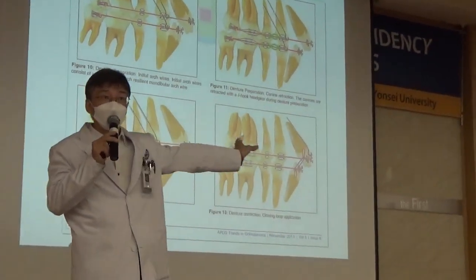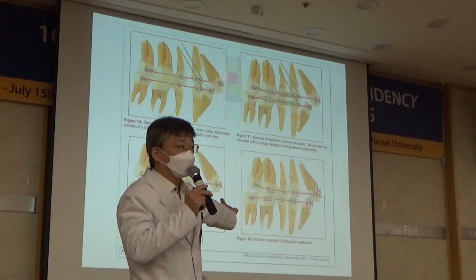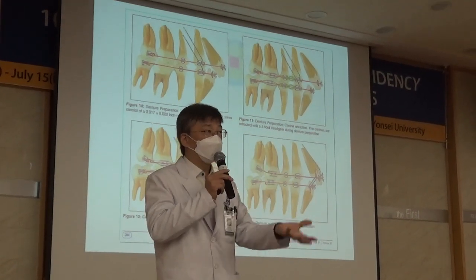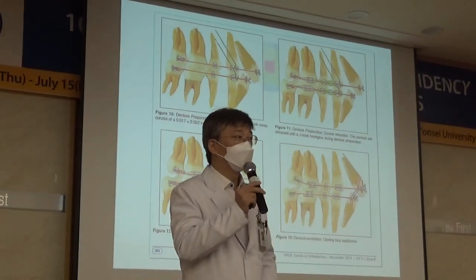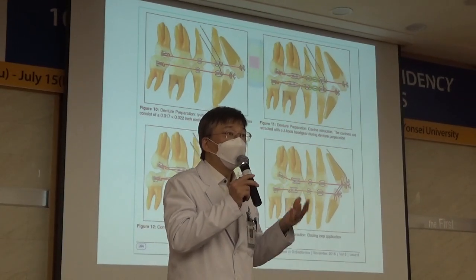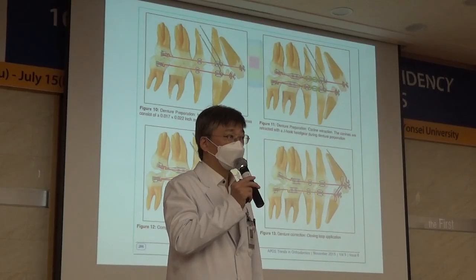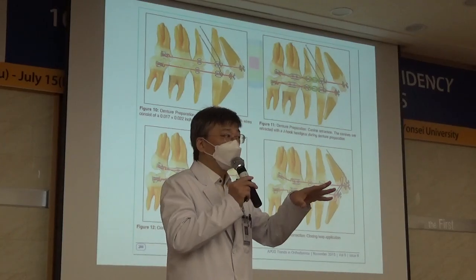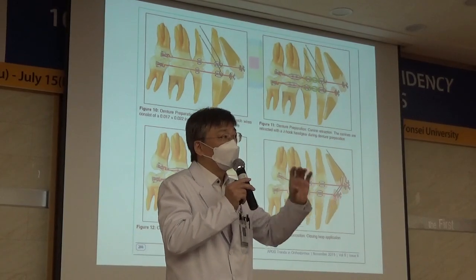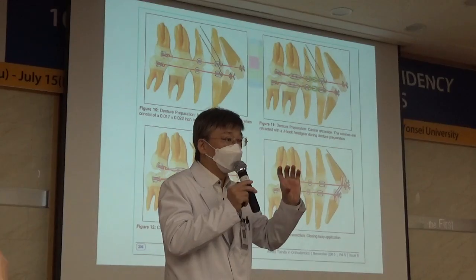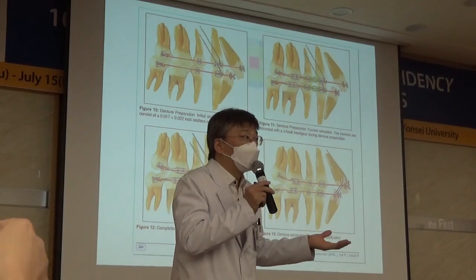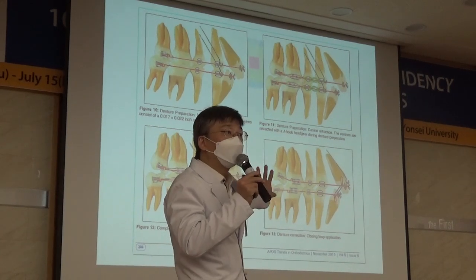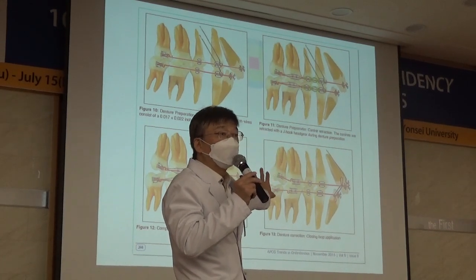Cookbook orthodontics. What does the cookbook say? When you want to cook a meal, what does the cookbook say? First step, boil the water. Second step, put this in there for 3 minutes, and that's it. You don't know what 3 minutes means. So if it doesn't work, for some reason, if you commit a mistake in terms of amount of water or boiling time, you don't know what to do. And that accident happens at all times. So the problem with cookbook orthodontics is you don't know what each step is all about.